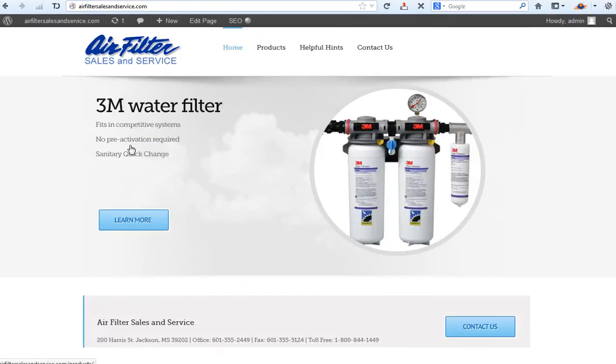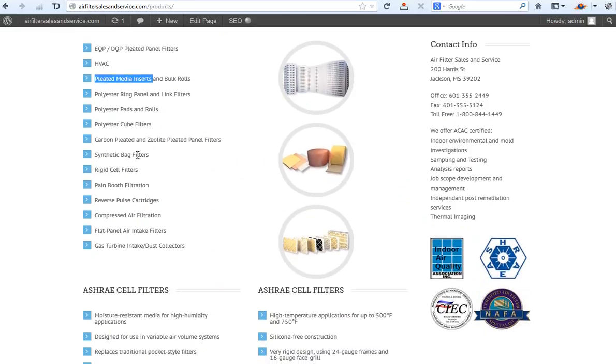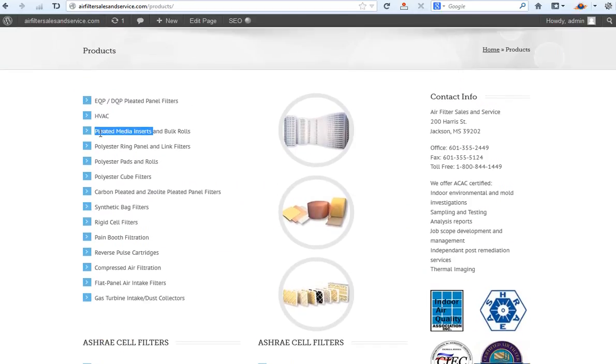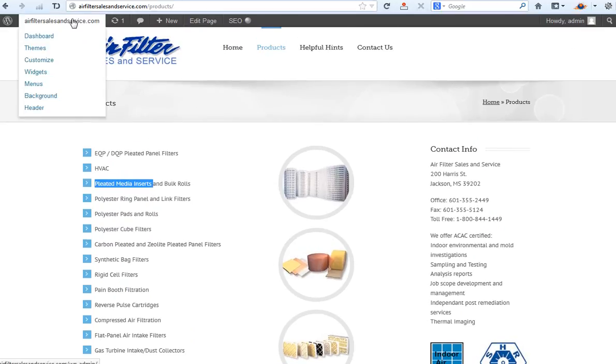Let's go to the products page and let's pretend like you find a typo. Let's pretend like you find "pleated media inserts" is spelled wrong, and I'm going to copy that for now, and you'll see why in a moment. So we would copy what we think is spelled wrong or what we want to change. In this case, I want to change "pleated media inserts." And then let's go back to the back end,